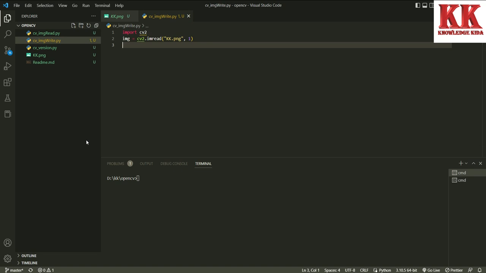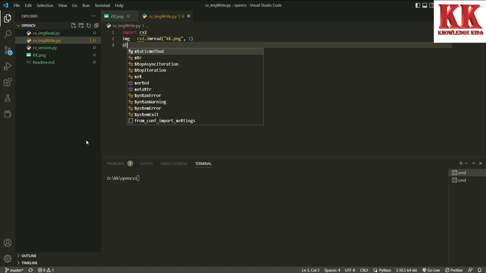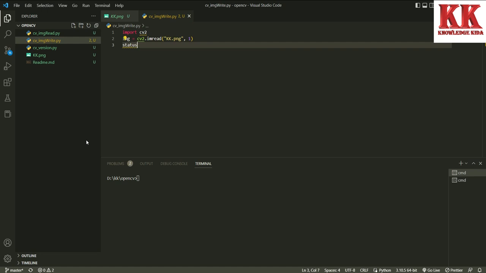Now for writing the image, we'll create one status variable so that we'll know whether the image was written or not. The imwrite function, in that we will give the path of the image where we want to store. So I am giving Knowledge Kida as the folder, and the image name as saved.png,